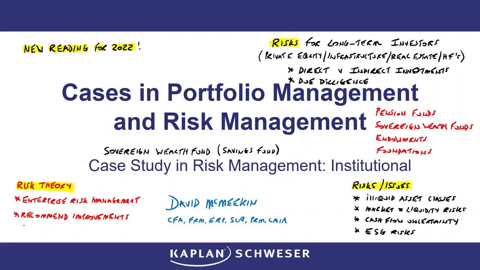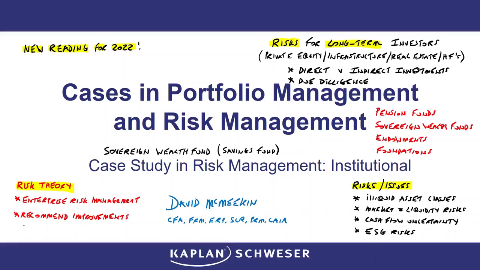Now, although we have about 6 or so institutions, can you think for a moment of the ones that are missing? So I put up here pension funds, sovereign wealth funds, endowments and foundations. Which ones are missing that I've left out in particular? So the ones that are missing are the insurance companies and banks, and so the whole main focus of this reading is on long term. Let's just highlight this one here, long term. Yeah, long-term investments rather than some of the short-term issues.